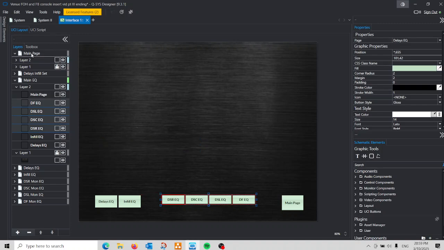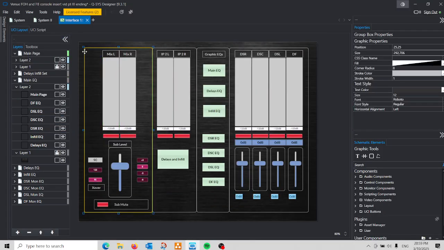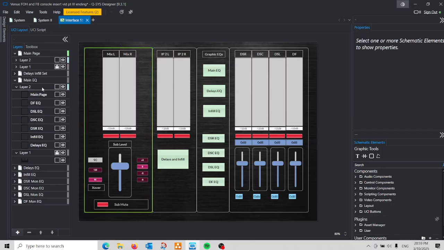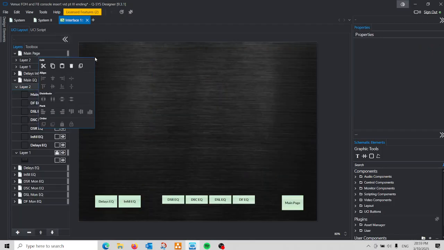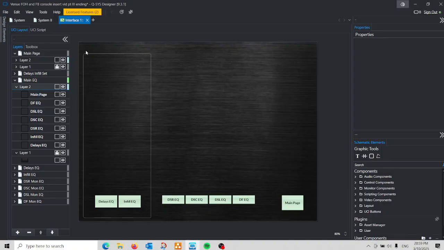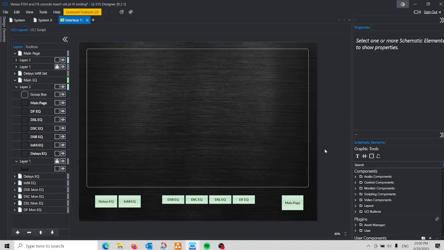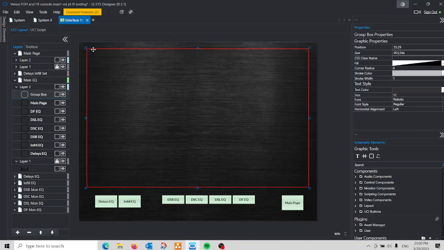Of course, this does mean, because I've copied and pasted, that I have to go back to the main page and grab that group box again. So I'm just going to paste that here as well, because what I want to get happening with this is a general outline of the graphic EQ that sits away from those navigation pages. And then if we've got that, we can then copy that